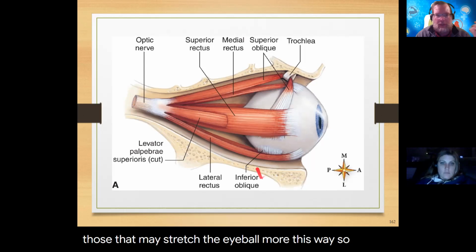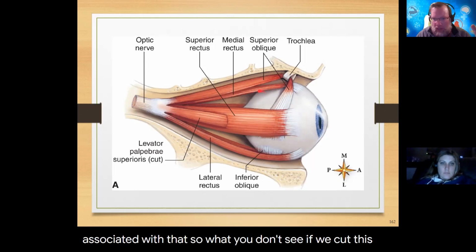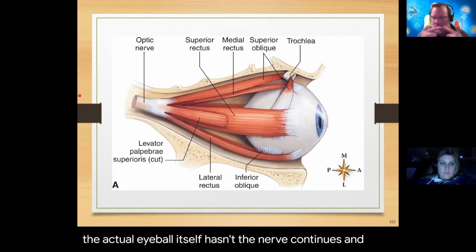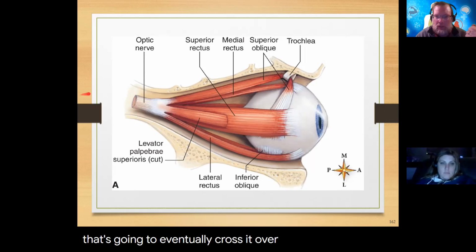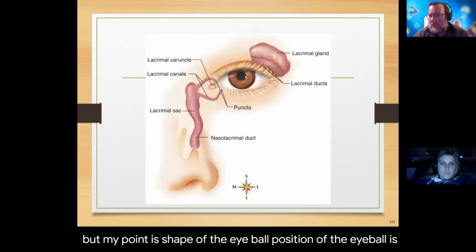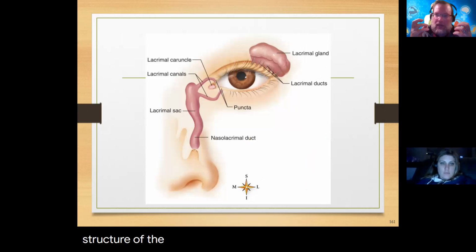So there's something to be, and then you know the optic nerve is also associated with that. So what you don't see if we cut this is the actual eyeball itself has the nerve continues, and that's going to eventually cross around the pituitary gland. But my point is, shape of the eyeball, position of the eyeball is oftentimes dependent on the shape of the eye orbit, the positioning and shape and structure of the extrinsic eye muscles. So sometimes